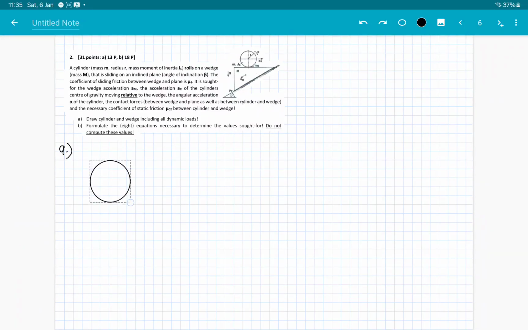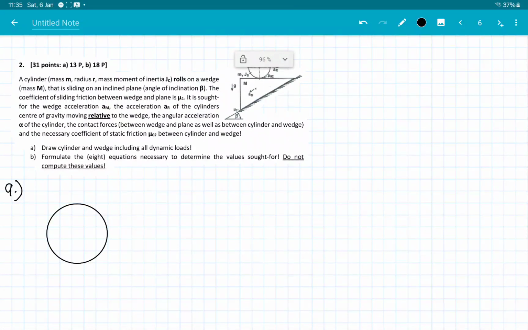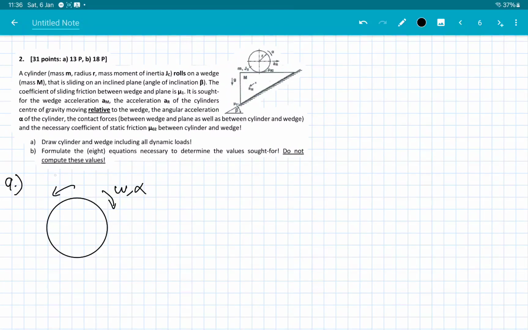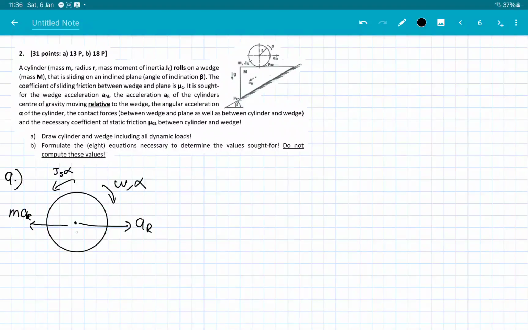So the first body is going to be a circle, the wheel itself, and this circle rotates in the direction of alpha, as is stated here, and we know that it has a moment of inertia, so it's going to be Jc alpha, and from the center itself it's accelerating to the right, so it's aR. So we know that in the opposite direction we have an inertia force of m aR, and of course we do not forget that it has